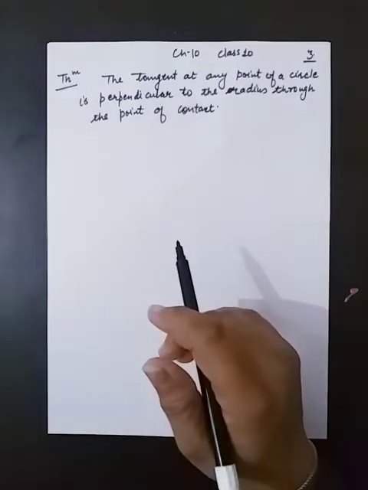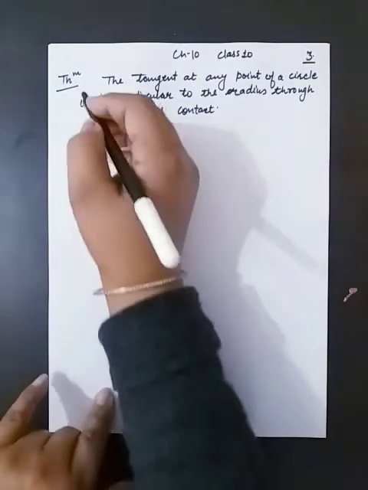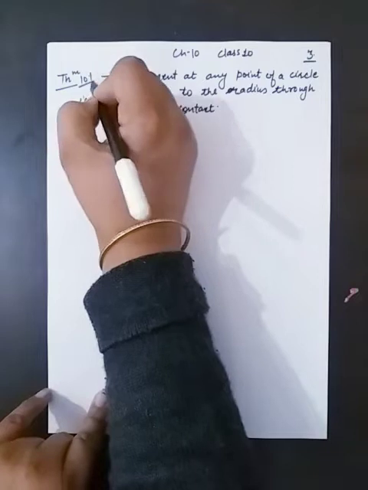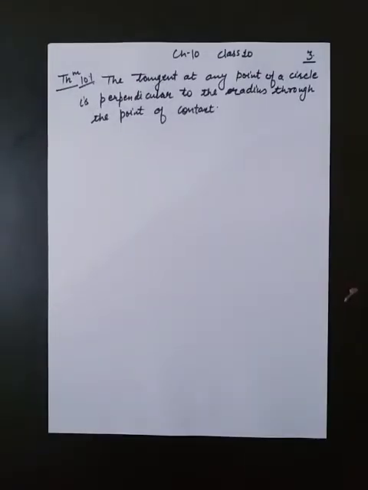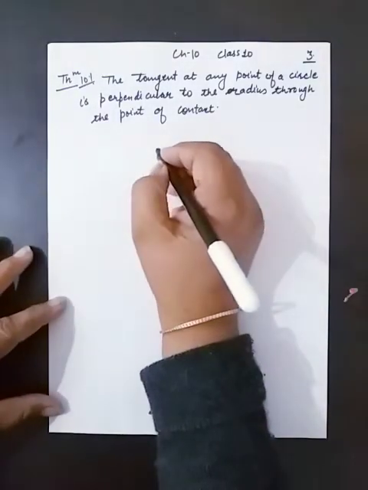Here we are going to do the theorem of chapter 10. Theorem number 10.1. The tangent at any point of a circle is perpendicular to the radius through the point of contact. Meaning,